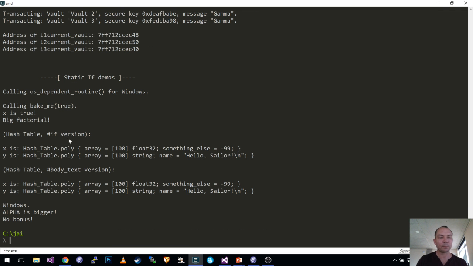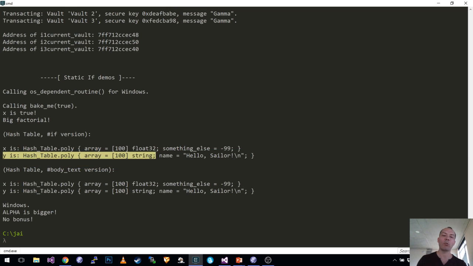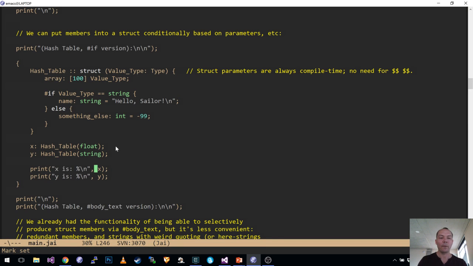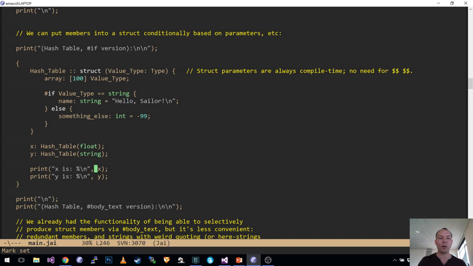So you see, here we've got X. It's a hash table that's got an array of 100 floats, and it's got that something else member. And then Y is a hash table that's got an array of 100 strings and that hello sailor member, right? So those are now different structs with different members, configured very easily at use time. And also it's very easy to use the static if to determine which one you want as the person